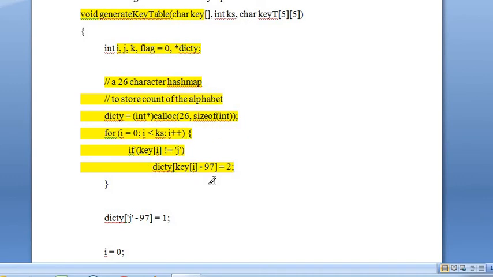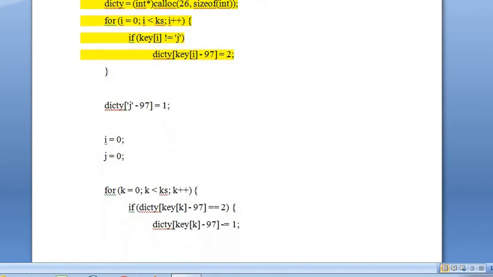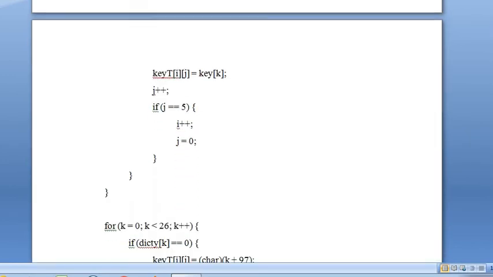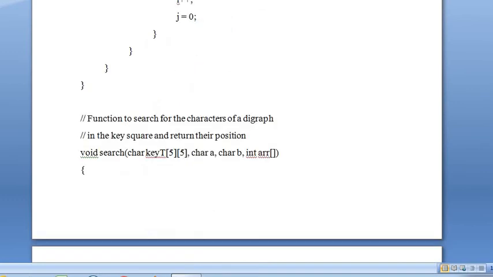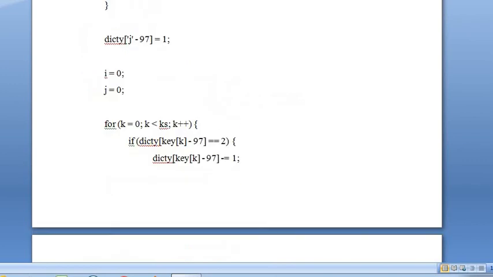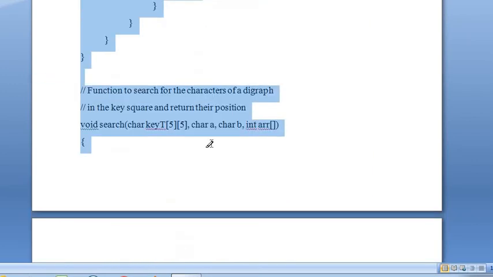This code shows the placement of alphabetic letters in the 5x5 grid, and they are stored one by one.